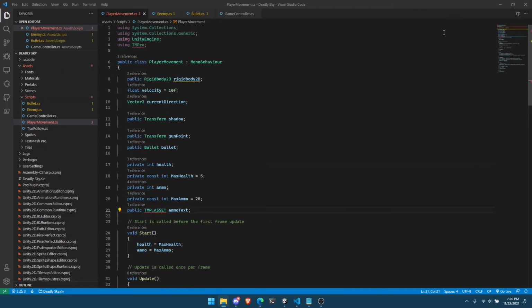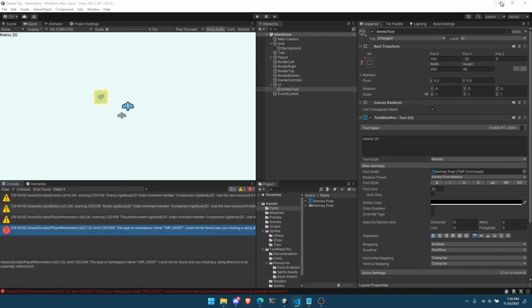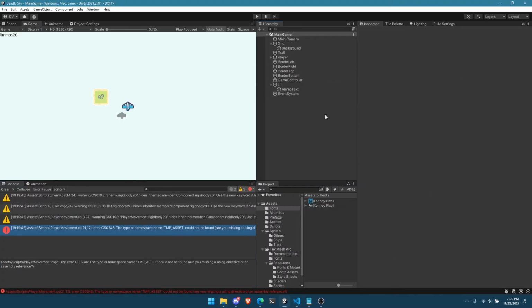TMP asset. You know what? We will be solving this next week because I'm going to need to do some research with the changes that they've done to Unity. But let's pivot away from the text and talk about some of the other UI elements that we can